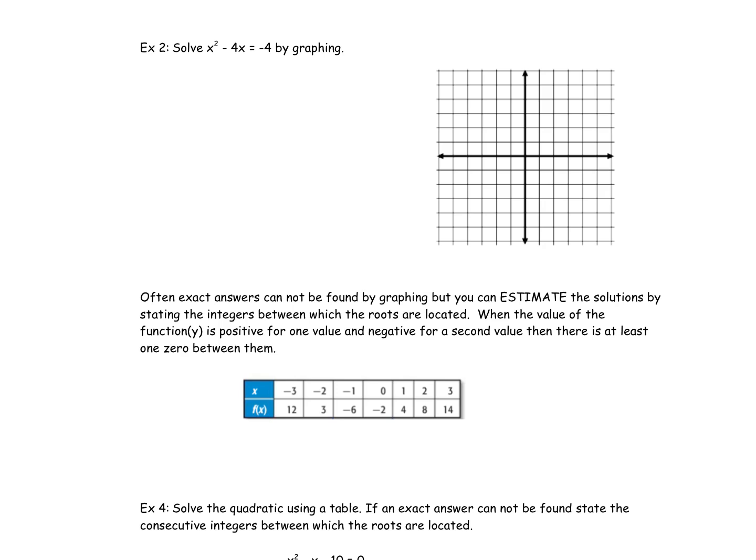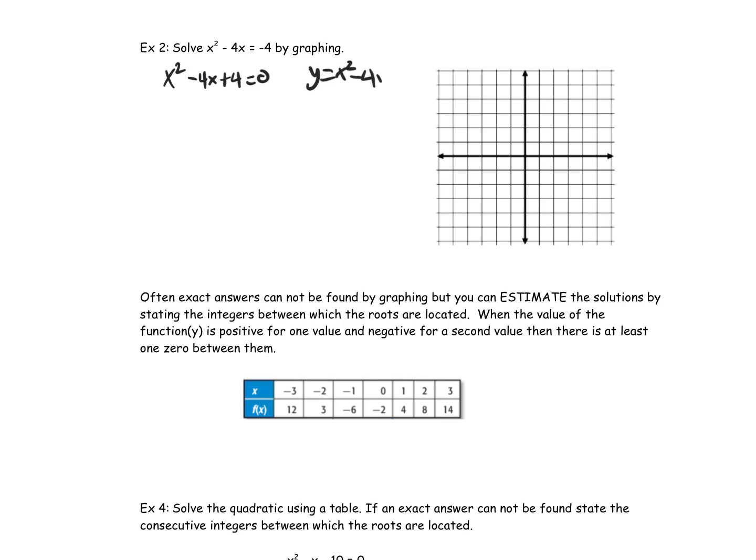Solve x squared minus 4x equals -4 by graphing. Well, the first thing I have to do is get it equal to 0. So I need to add 4 to both sides. Get x squared minus 4x plus 4 equals 0. And that's the one I'm going to graph. All right, so now that I have that, now I'm going to graph y equals x squared